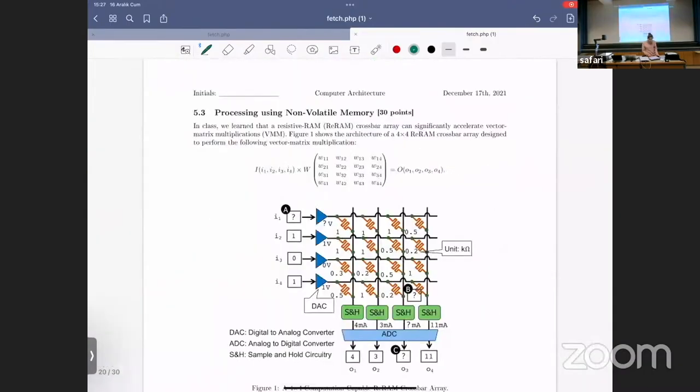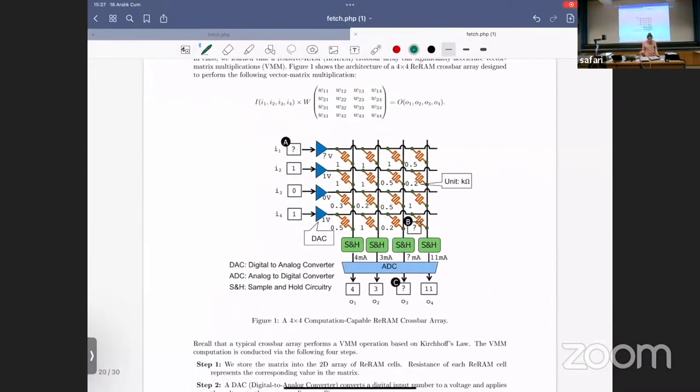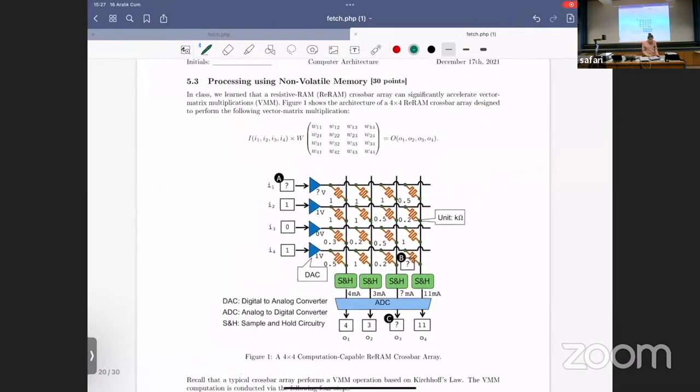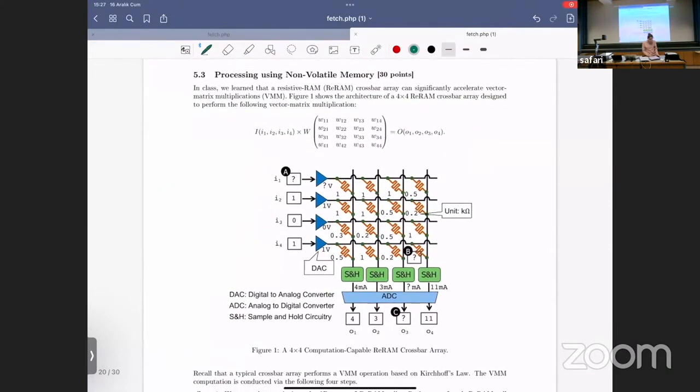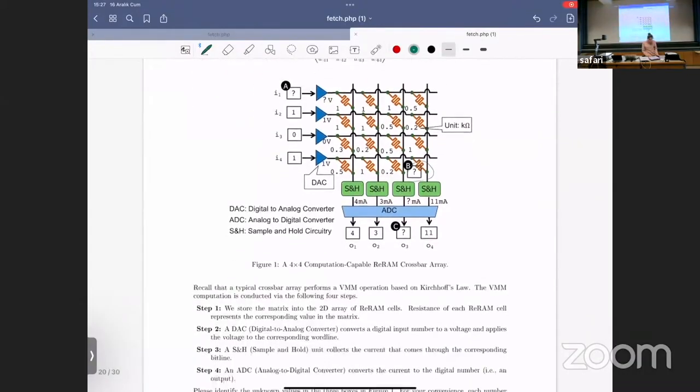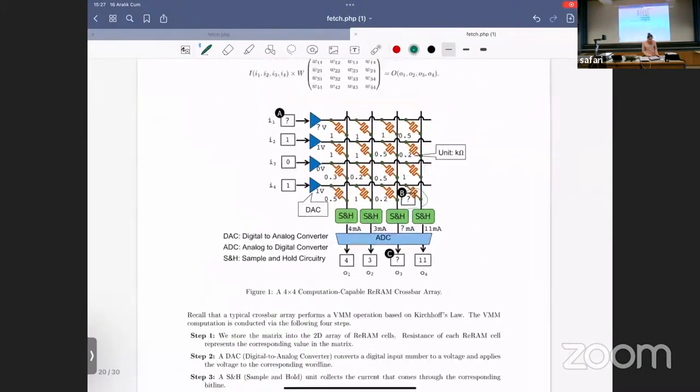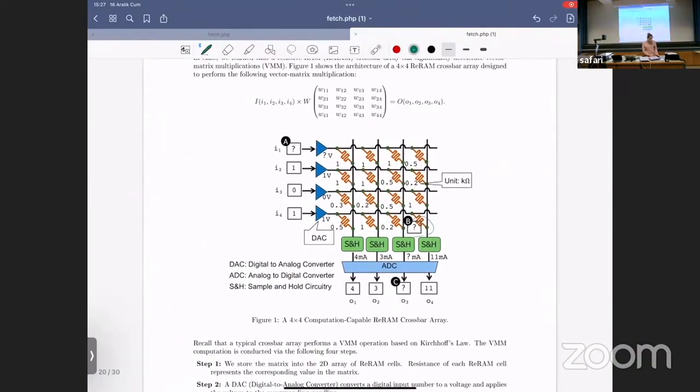Okay, so now this is like the last part. And then here we have a resistive memory. We store one matrix in this resistive memory, and we have some inputs and some outputs, but we don't know one of the inputs, we don't know one of the outputs, and we don't know one value of the matrix. And it explains how in general this mechanism works. So we convert this